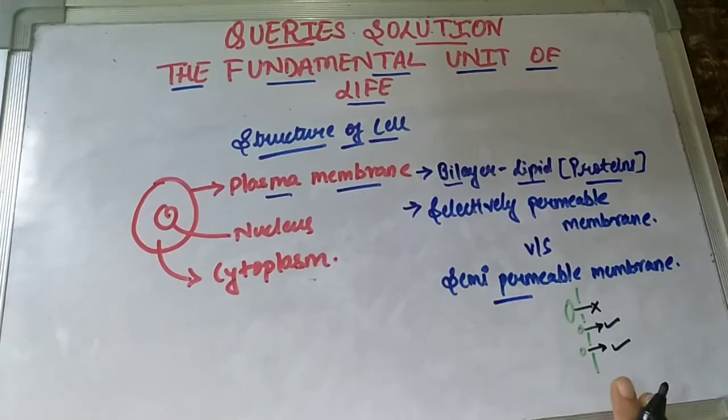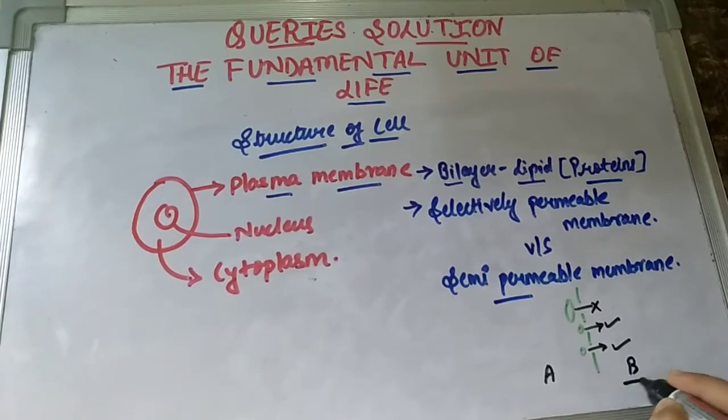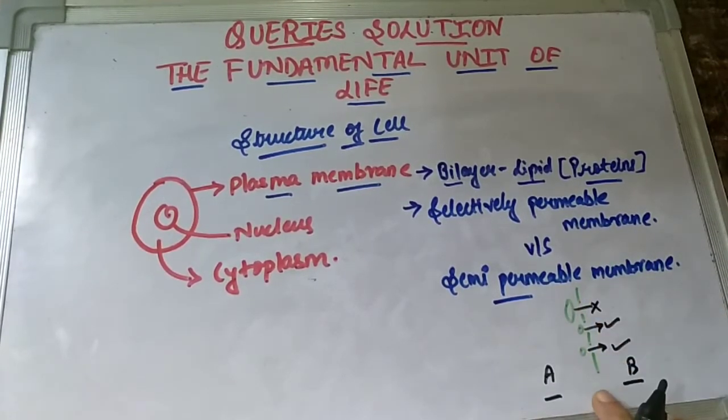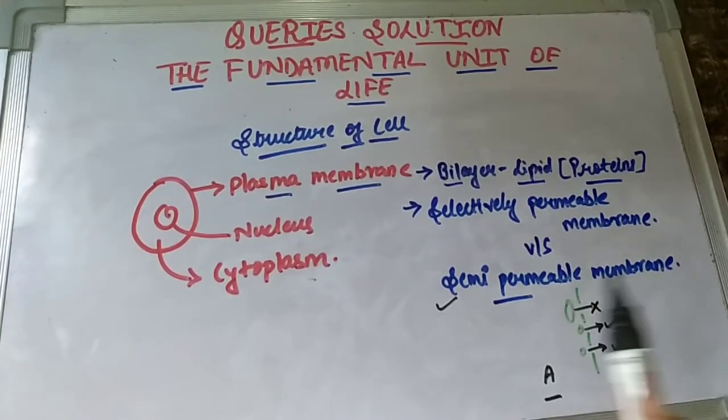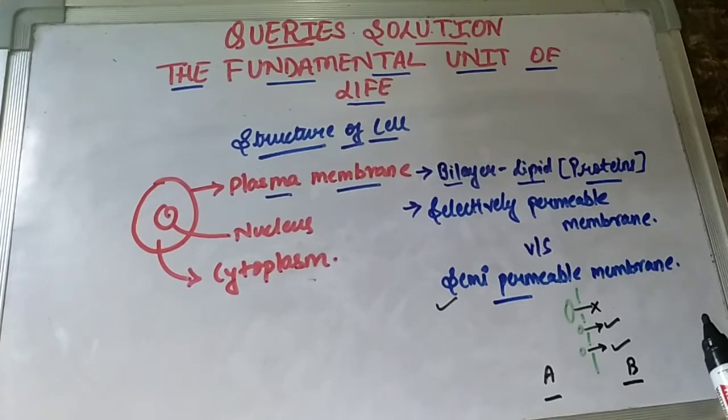So the membrane allows the movement of a molecule from region A to region B, where the movement is defined by the size of the pore of the membrane. If the pore size of the membrane is allowing the movement to happen, then only the molecules will move. But the bigger molecules cannot move. So if a membrane allows movement through the pore size, then that membrane is known as which membrane? A semi-permeable membrane.